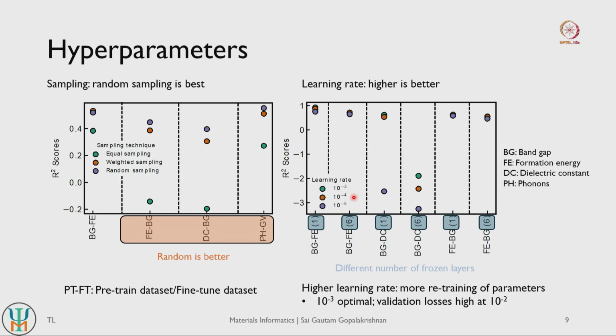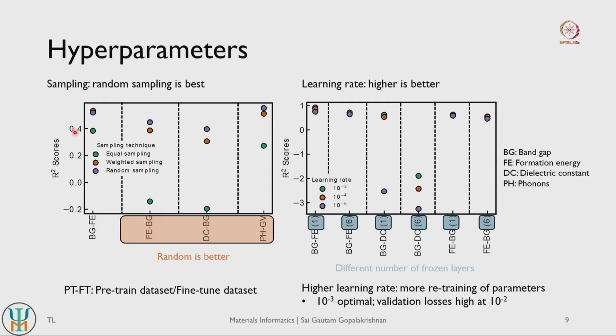So the final thing to look at, the final handle to look at, is basically your hyperparameters, and there are two important hyperparameters that we look at now. The impact of the number of data points we look at in the following few slides. So with respect to sampling, keep in mind that we have fairly small data sets, so how we actually sample the data sets is fairly important, right, especially in our training set for our fine tuning, right.